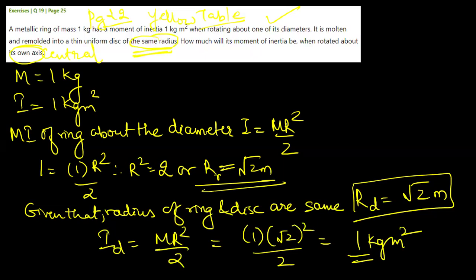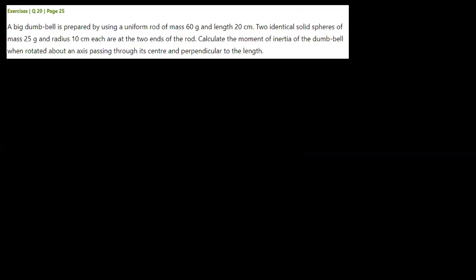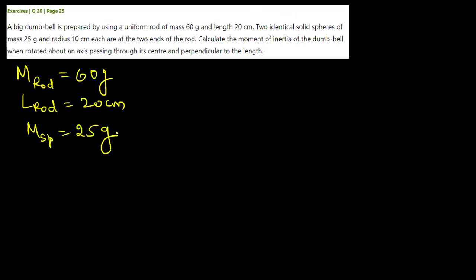सो द मोमेंट ऑफ इनर्शिया ऑफ द डिस्क इज आल्सो 1। A big dumbbell is prepared by using a uniform rod of mass 60 grams, rod का mass दिया हुआ है 60 grams, length of the rod is given to you 20 centimeter, two identical solid sphere जिसका mass of sphere is given to us 25 grams। Now here there is a confusion in the textbook,